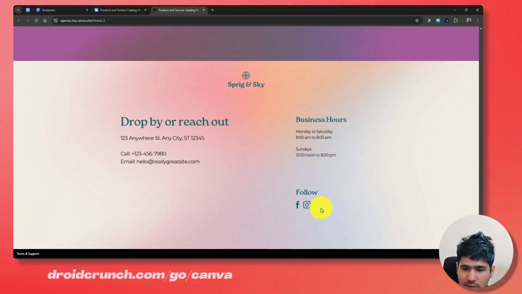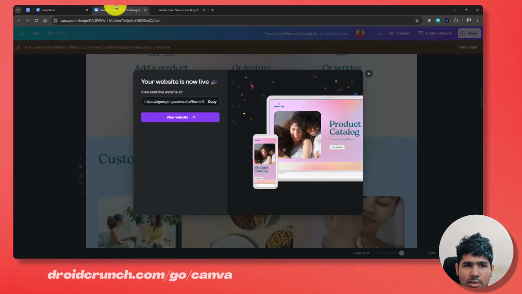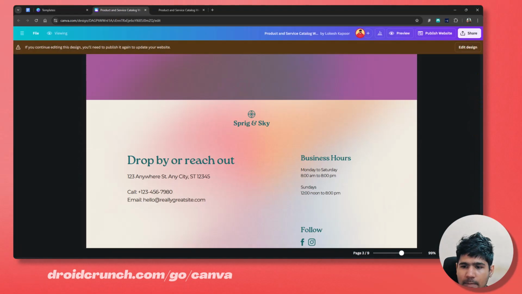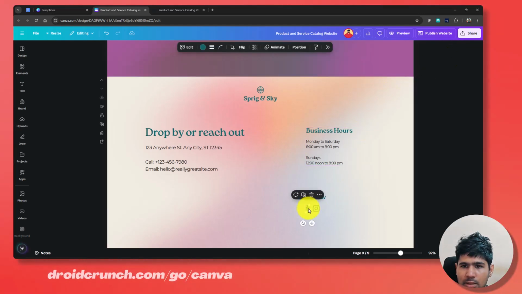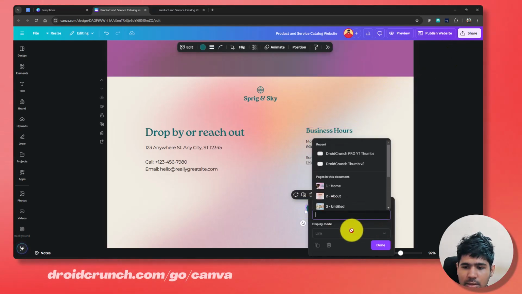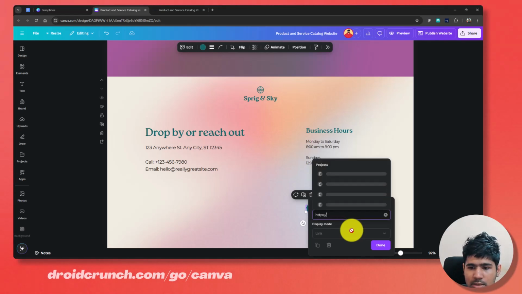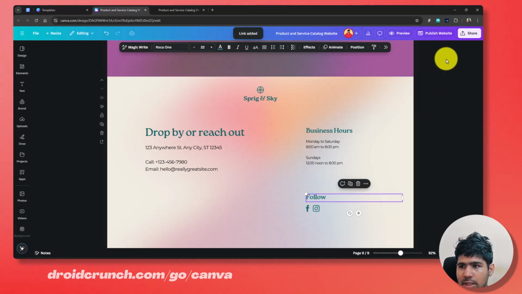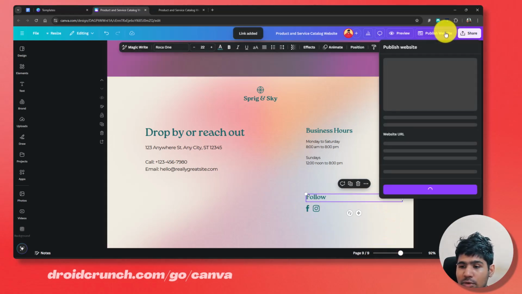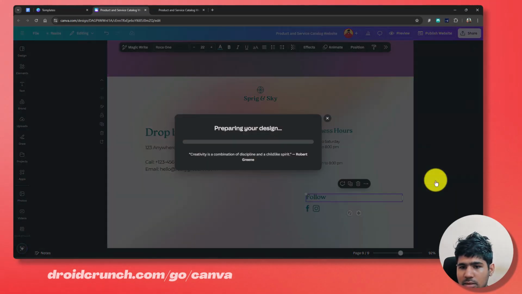The same way you can give link to these icons as well. Just go over here and edit design, come over here and set a link, say https facebook.com/DroidCrunch. Done, and now it is ready. So you will need to republish the website when done, because you've already published it first time. The page will be updated when the process is completed,